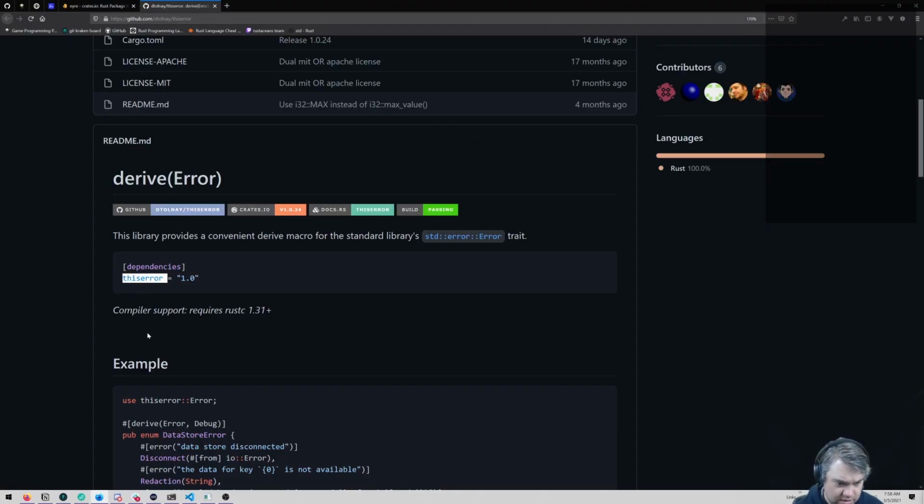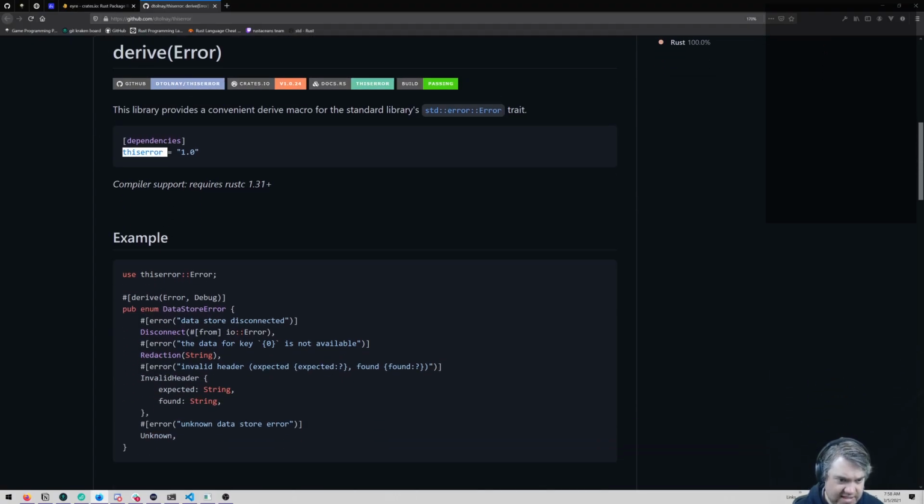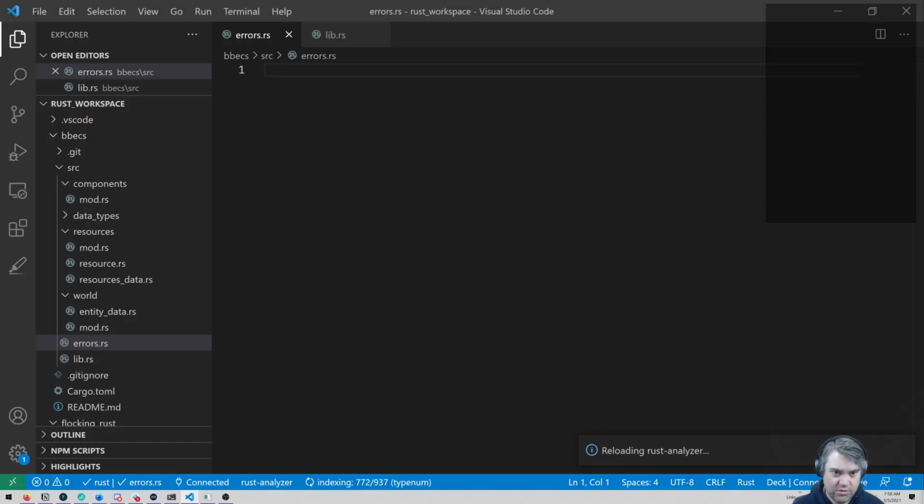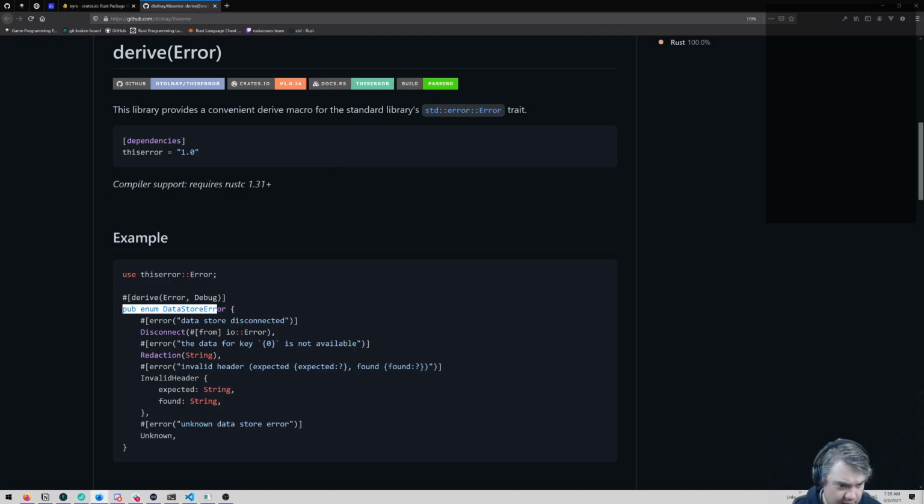Okay, so how this works, we need to use this error. We're gonna derive error from this error and debug. And then we're gonna have an enum of what all of our errors are gonna be, and this needs to be a public enum.